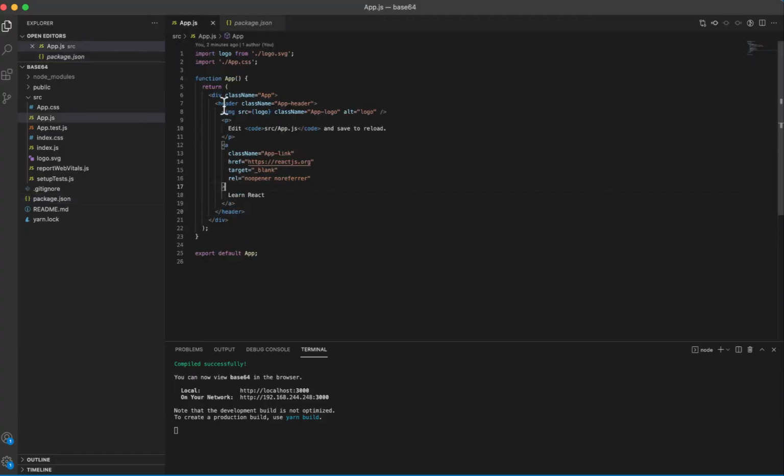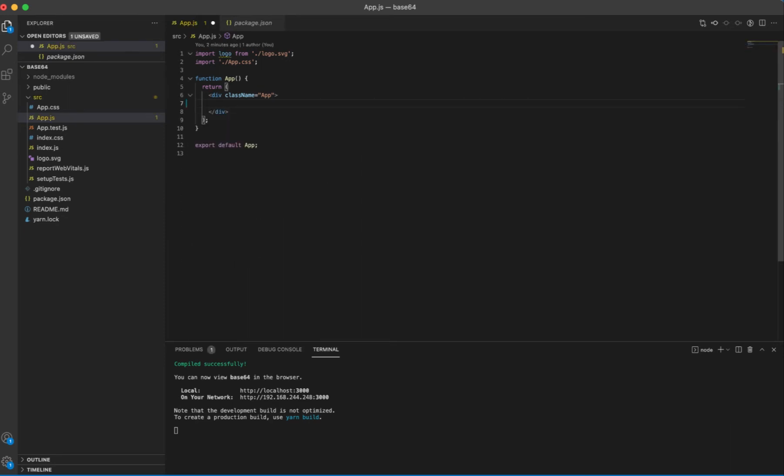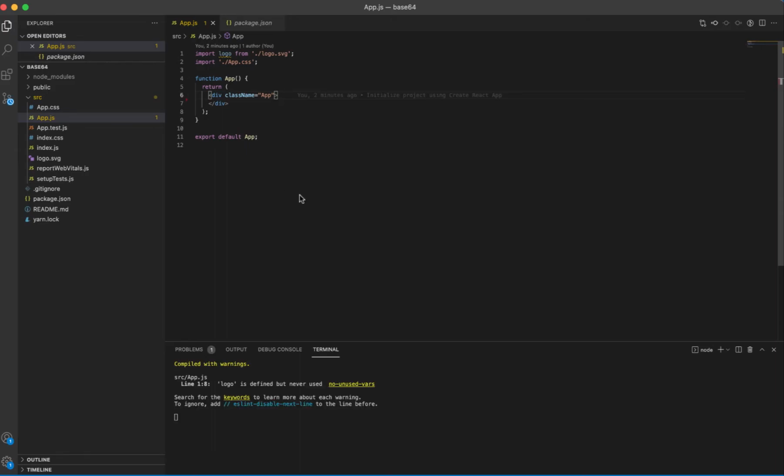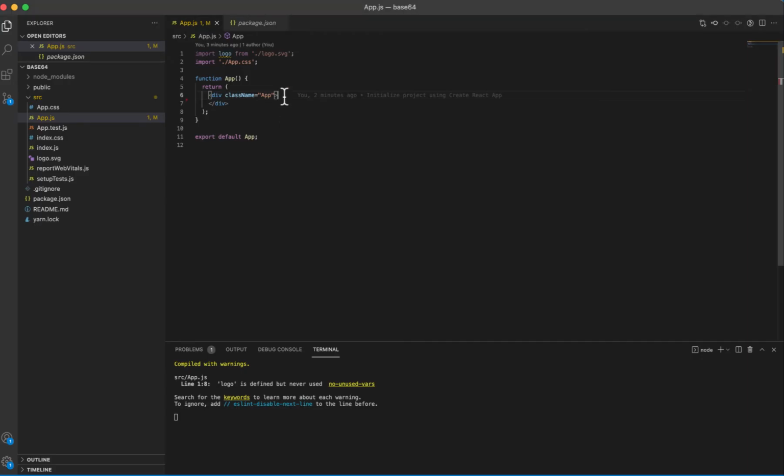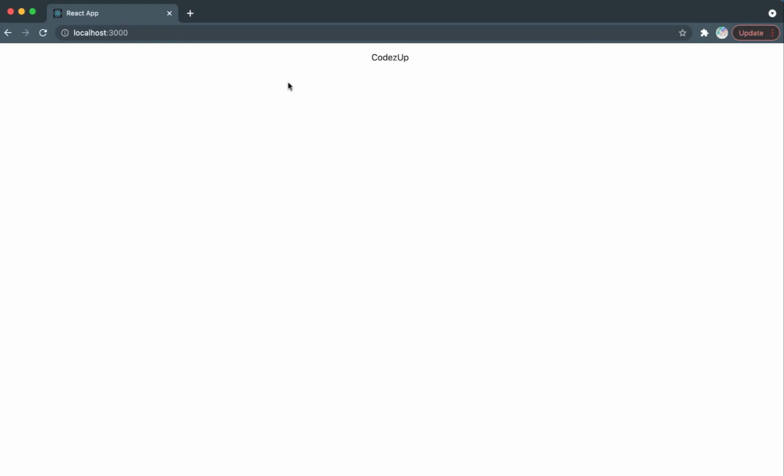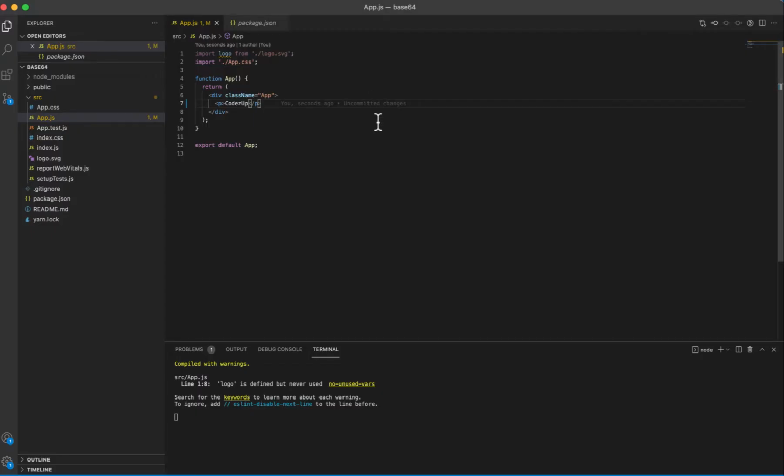If I delete the header component, and save the project, you can see this is an empty page, because we have removed the header component. That means if we type anything, like if I add a paragraph with Codes Up, it will be there, right? See, this way we are going to create our custom code that we are going to add in the App.js file. So without wasting more time,